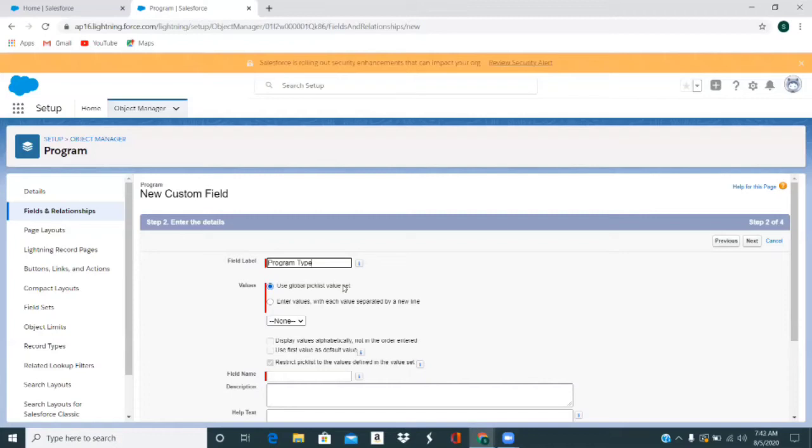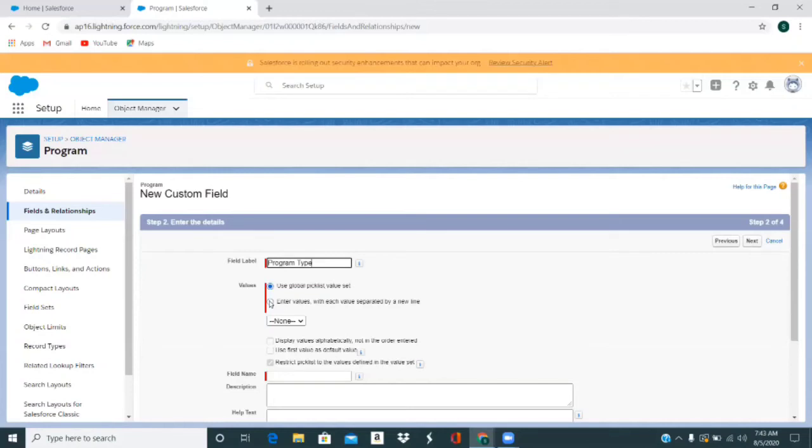Suppose there is a field of state or country, it depends, but still you can configure it like a global pick list because you have a defined list of states or countries which would be present throughout the organization. So you can use those kinds of global pick list.